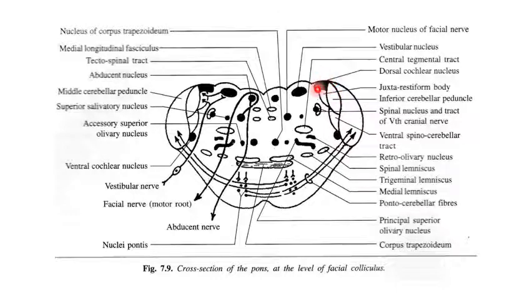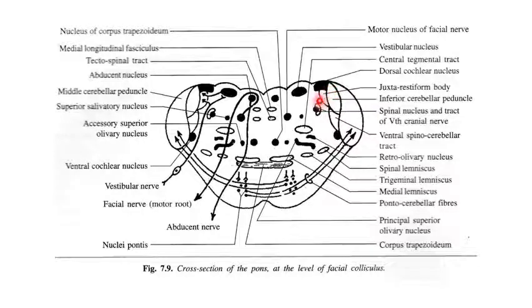Now along the dorsal surface of the inferior cerebellar peduncle lies the dorsal cochlear nucleus. On the ventral surface of the inferior cerebellar peduncle lies the ventral cochlear nucleus. This is the ventral cochlear nucleus, and this is the dorsal cochlear nucleus. As we can see, the position of the dorsal cochlear nucleus is exactly at the lateral angle of the floor of the fourth ventricle, and it lies at the level of the pontomedullary junction. So the dorsal cochlear nucleus is also described as the auditory tubercle, which lies at the lateral angle of the floor of the fourth ventricle.